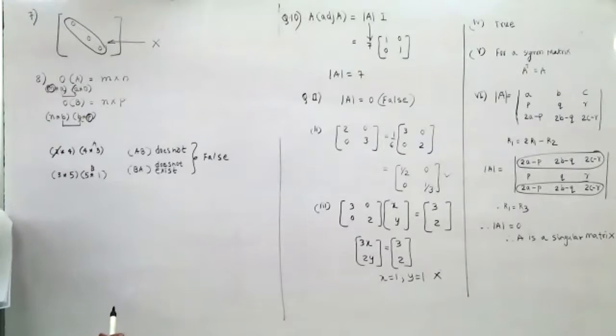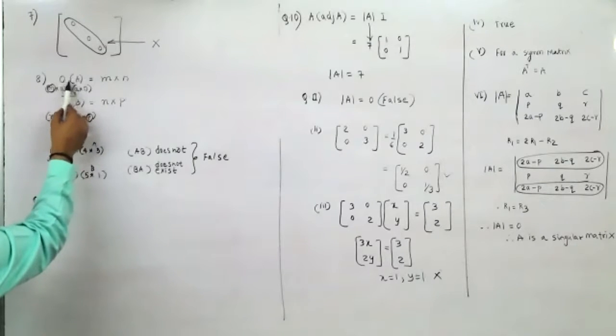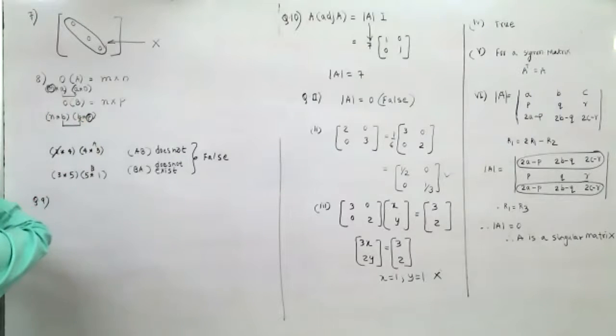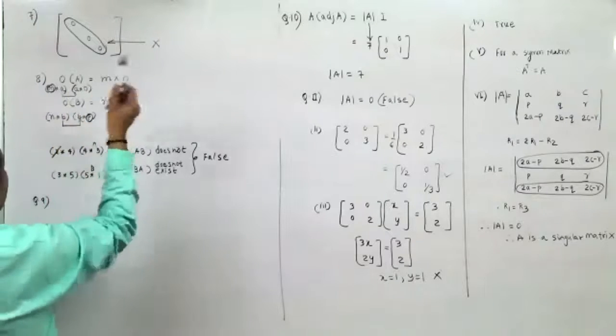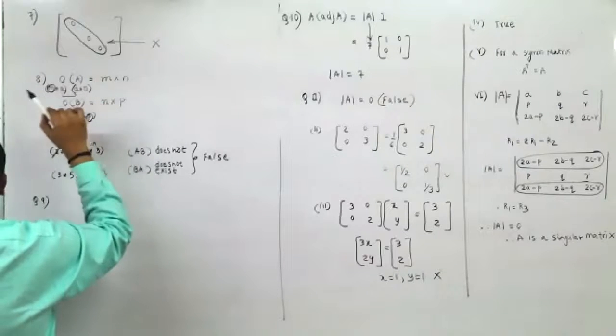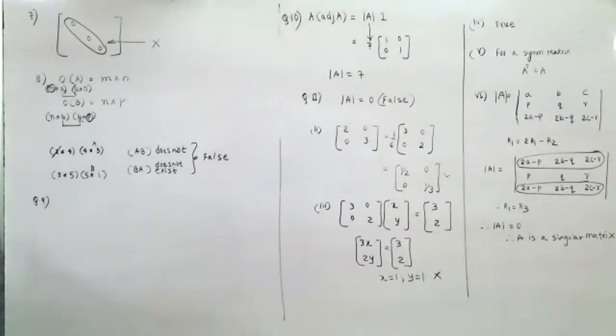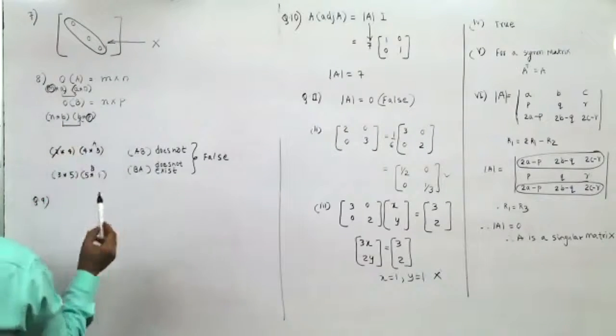Followed? Yes, sir. Or do you have any doubt? So the order will get changed. Because O into A. Now, or do they mean O of A? No, it is not O of A. Yeah, both does not exist. No, I was checking whether it is O of A and O of B. No, that is not the case. This is O into A. O into A and O into B. So that means what I interpreted is correct.